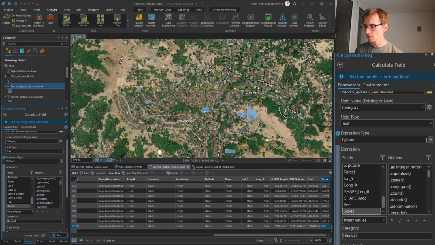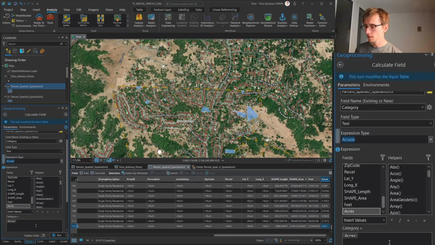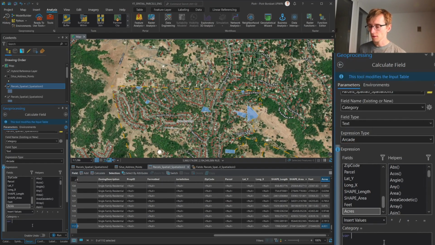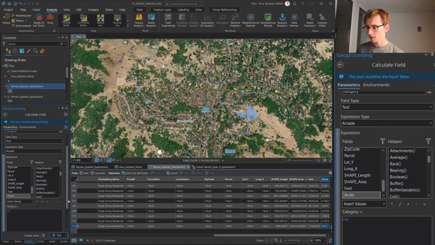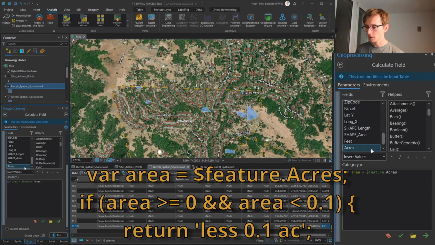We want to select locate and again bar. Let's type here area is across. Area is smaller than